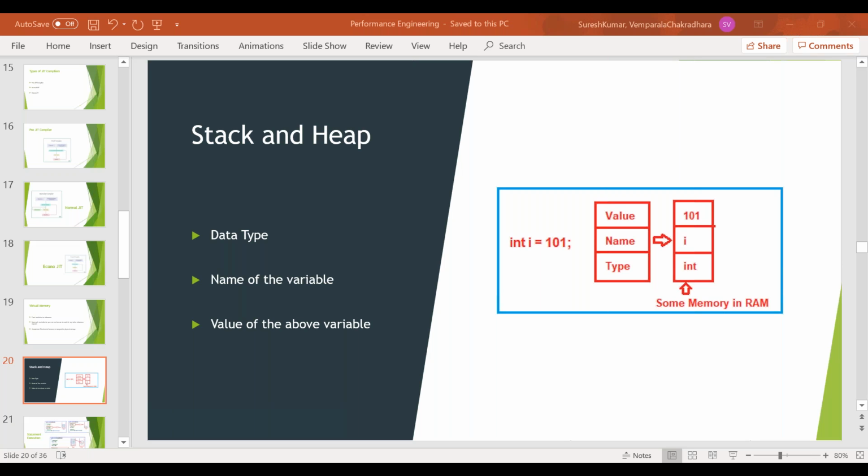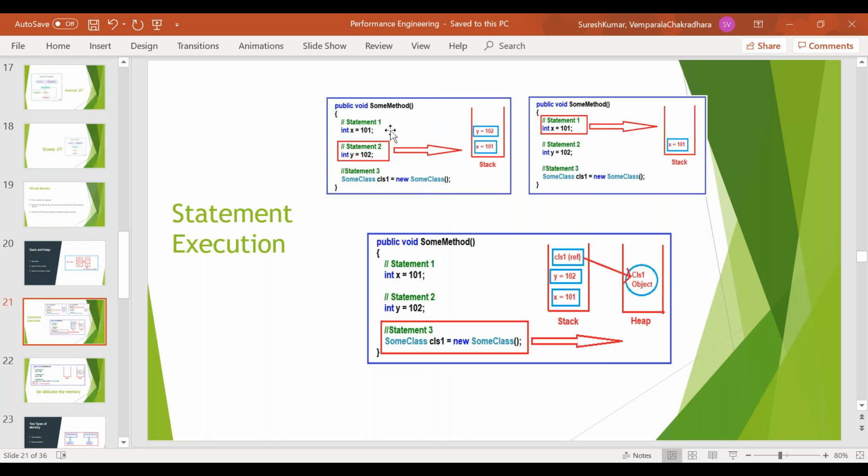Let us understand the stack and heap memory with an example. Here I have a screenshot of int x equal to 101, int y equal to 102, and in statement 3, SomeClass cls1 equal to new SomeClass, which I have declared, right? In statement 1, int x equal to 101, when that statement is executed,